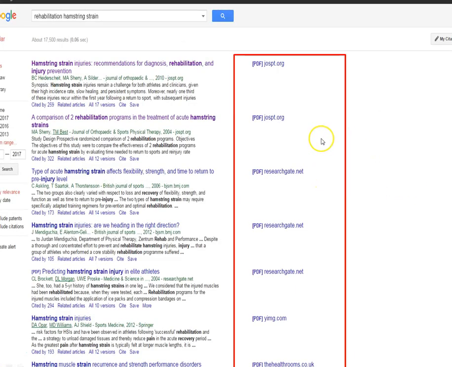So another thing that I wanted to point out to you guys here is what I have in this red box, which is where you can access these journals. Our first two options are through JOSPT. Then there's something called ResearchGate, and ResearchGate is a website for researchers to basically use as an open resume or CV, and they can post all the papers that they've authored, and they can also upload papers as well